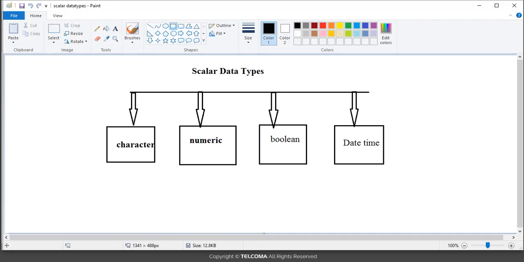Hi friends, in the previous session we have studied scalar data types. The numeric part we have studied. Now we'll move forward toward character, boolean and the datetime data types. So the character types let you store the alphanumeric data that represent the word and the text and manipulate the